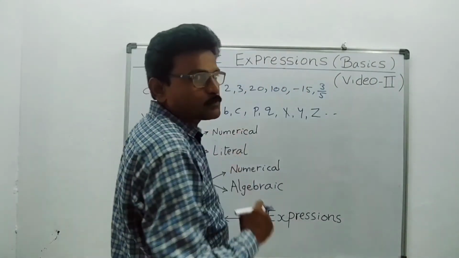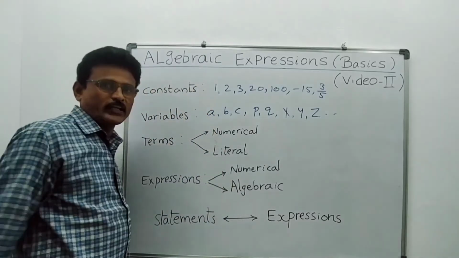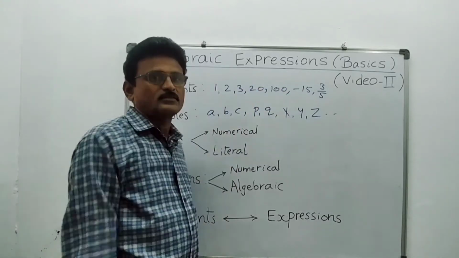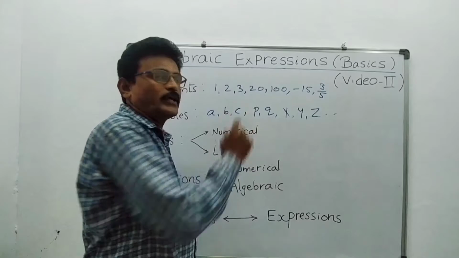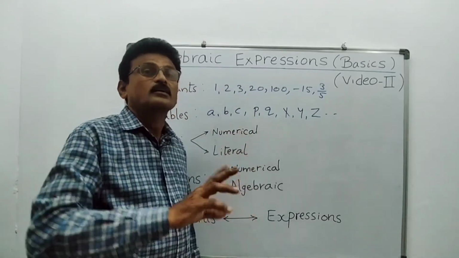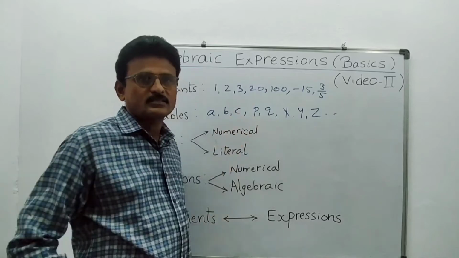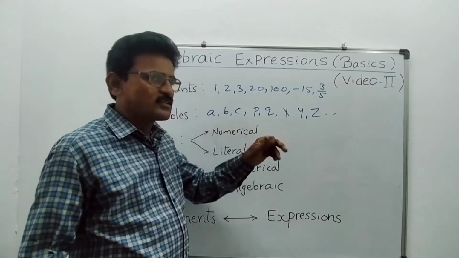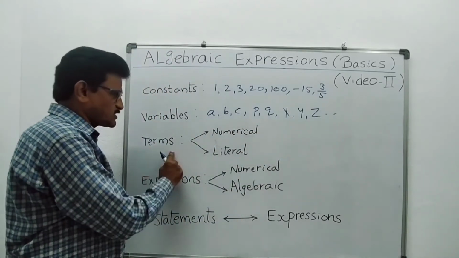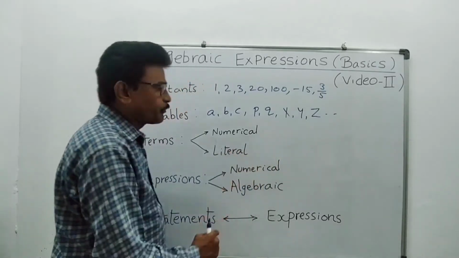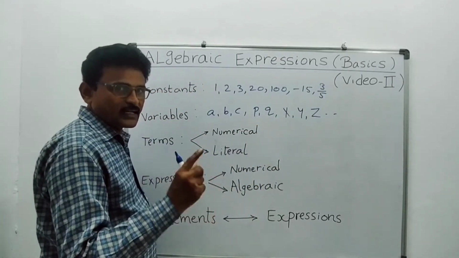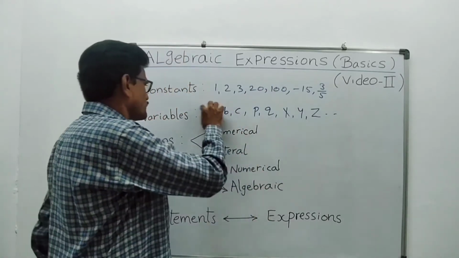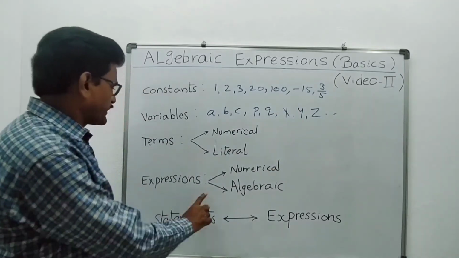So, we can take these variables from English alphabet letters. Our algebraic expressions are combinations of constants and variables. Now, next part is terms. Terms means what? See, these numbers are generally numerals. These are said to be numerical terms. Each number is a different term. Here, these are letters. Okay, literal terms we can say. Each letter is a separate term. Now, these terms are of two types: numerical term and literal term. Numerical terms are the terms that are made from numbers, and literal terms are the terms that are made by using letters.